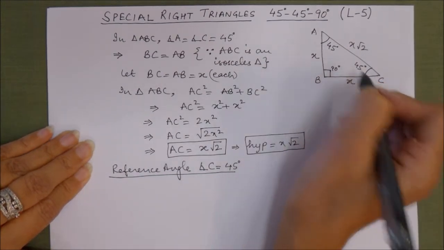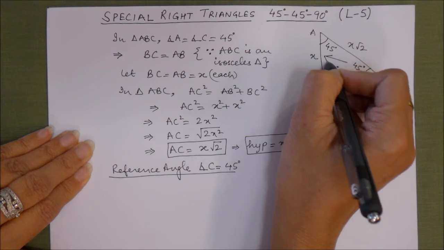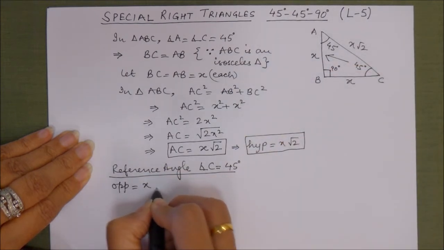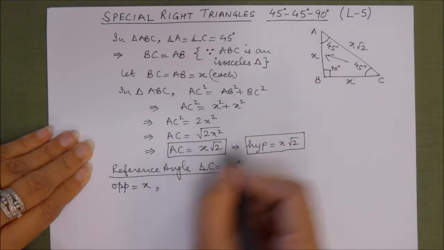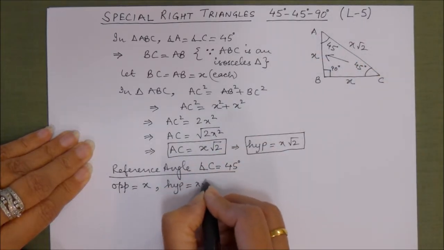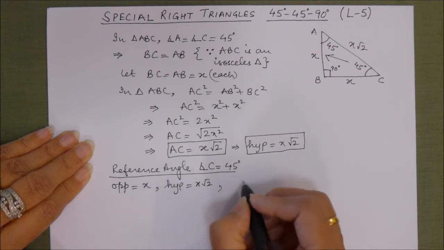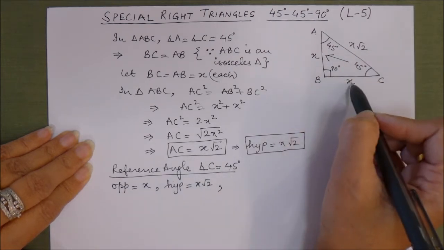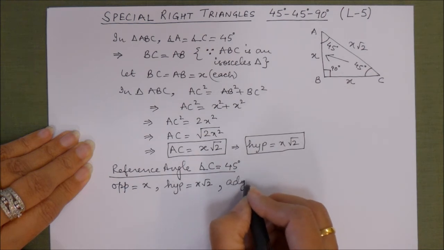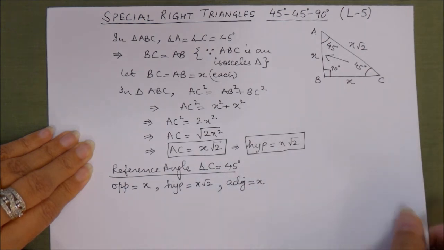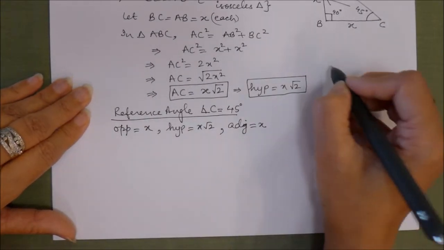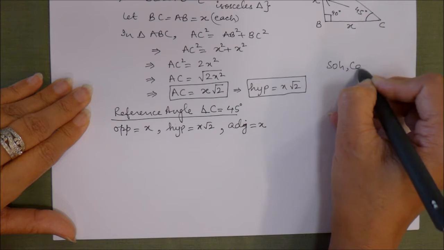For the reference angle C, this is the opposite side, which is x. Hypotenuse is x square root 2 and the third remaining side will be the adjacent side. So from the relation SOHCAHTOA,